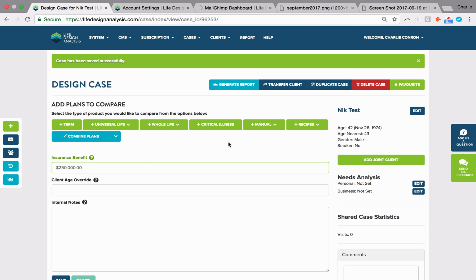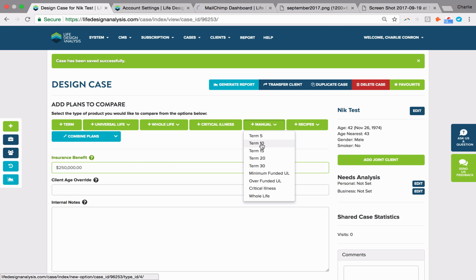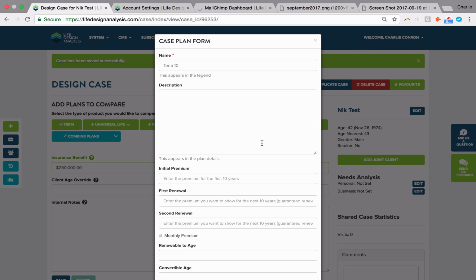And the first thing I want to do is enter in that renewal schedule that we were just looking at. Now, for entering an existing policy, again, because we can't use those searches, we're going to do a plus manual. And all I want to do is select the term length. So this one happened to be a term 10. If it was a term 20 or any other length of term, we would just pick that particular form. But since this one's a term 10, I will select it. And then basically all we're doing is entering that renewal schedule.